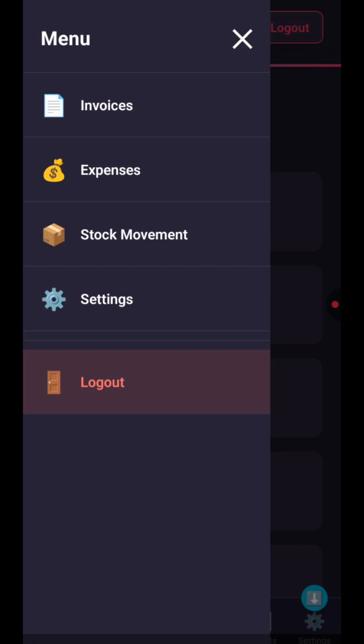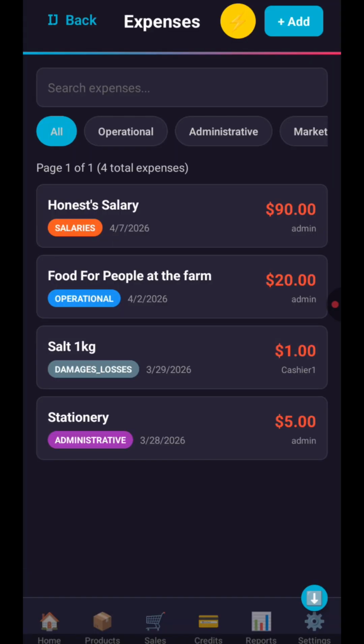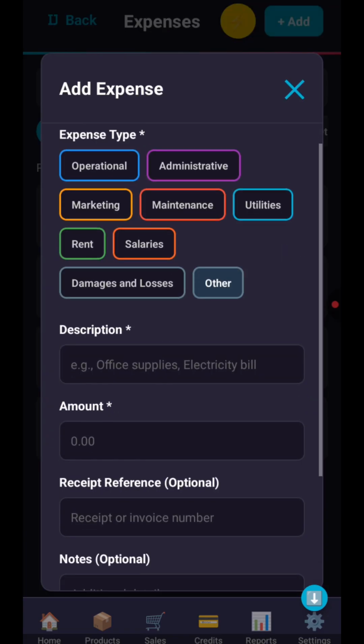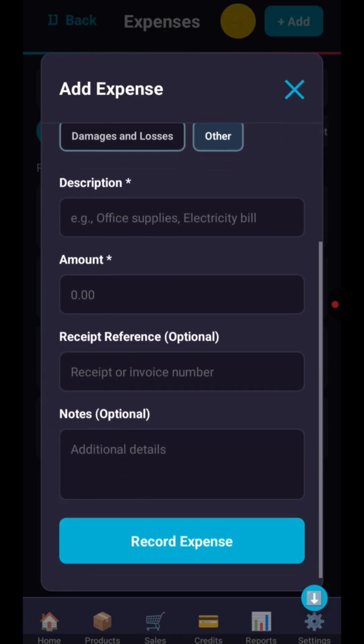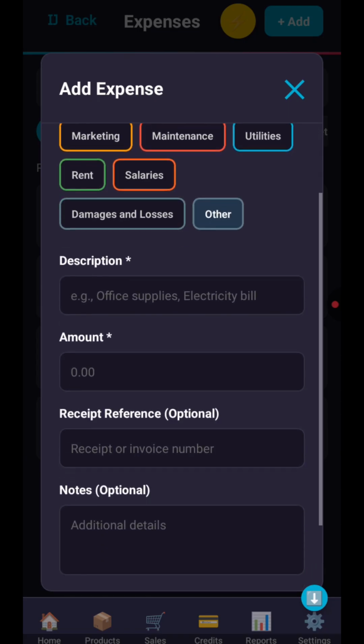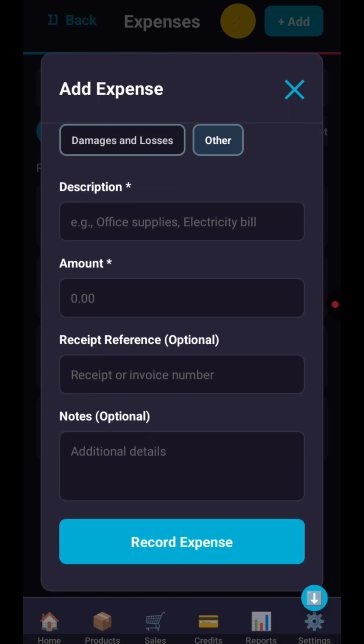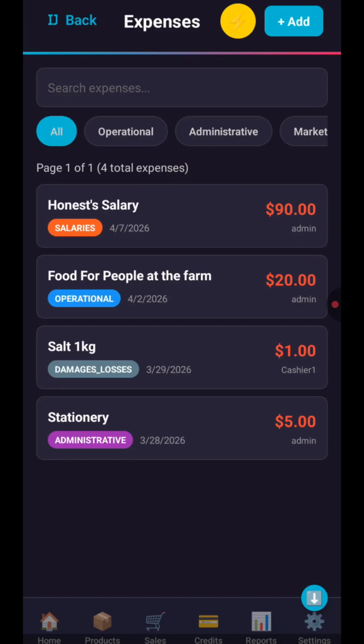You see the expenses tab. You are able to add the expenses over here, everything. Click add, and that's it. Record the expense. Then moving forward,